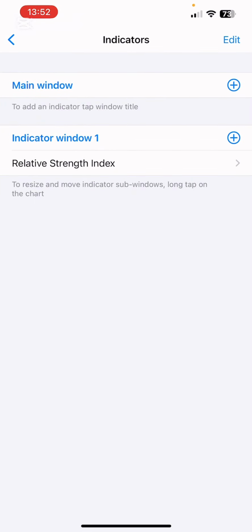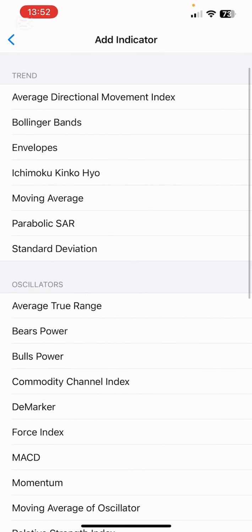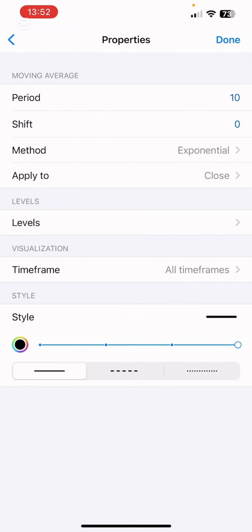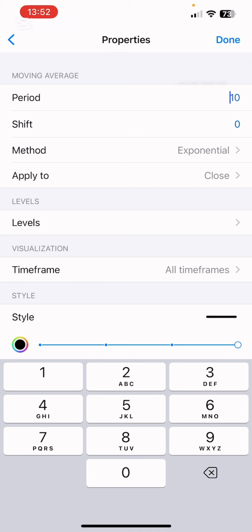We are going to go again to the indicator. Now we are going to add an indicator called moving average. This time around we are going to tap indicator window 1. This area where you see indicator window 1, this plus icon, you just tap indicator window 1. You look for moving average, from the trend. So the period here is going to be